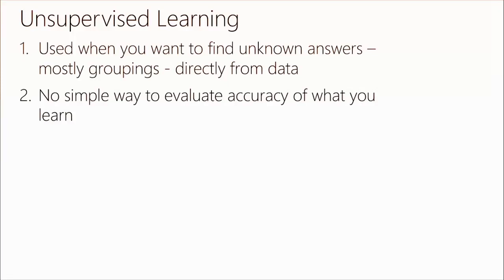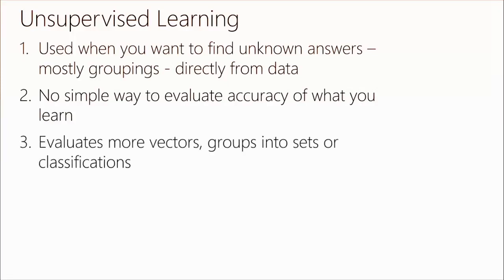You can do the test data, the holdout, but this is a little harder to do. The density estimates inside statistics will help and show you. Now, the neat thing is this evaluates more vectors or features or attributes, whatever you want to call it. In fact, the computer will start teasing out what those attributes are. It would have looked at the cars, the teddy bear, the running man, and it would have pulled out